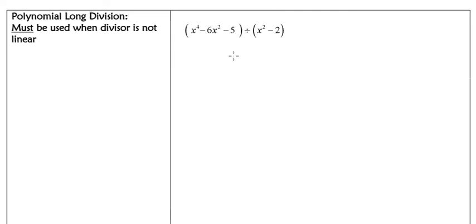It's got to be just some coefficient times x minus some constant. And so this one is not going to work because really I could rewrite this as divided by x squared plus 0x minus 2. And really we'll need to write it that way for polynomial long division. So let's go through that process. Think of regular long division. So if I had 126 divided by 5,